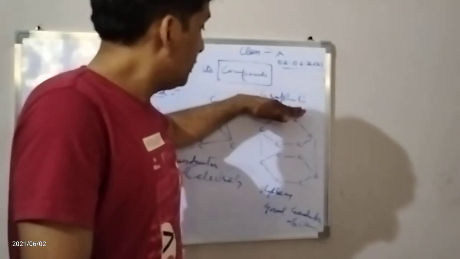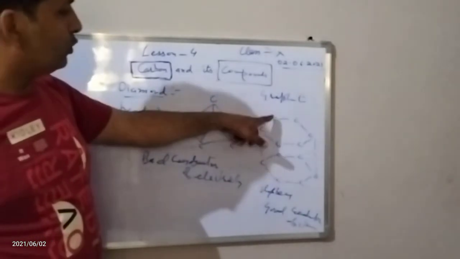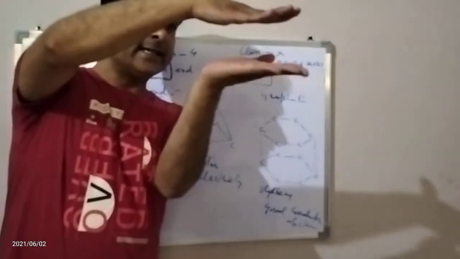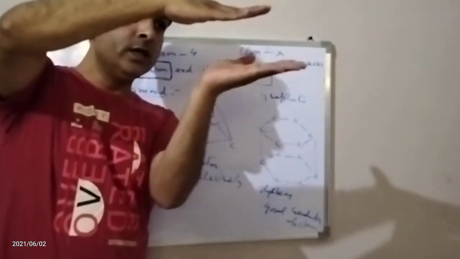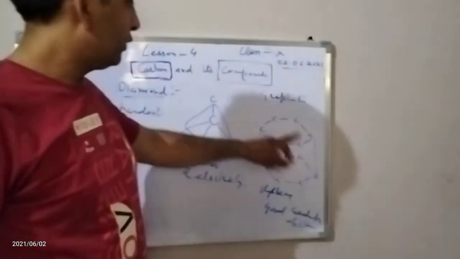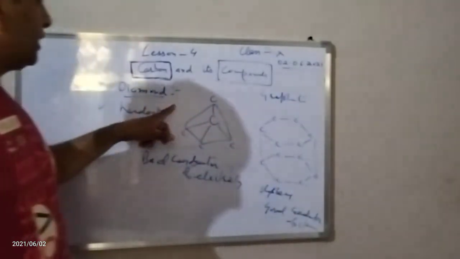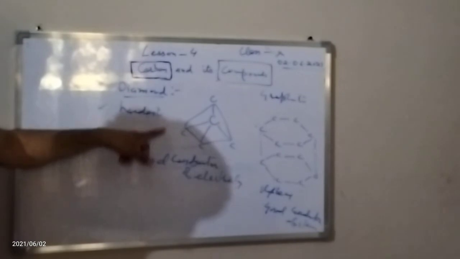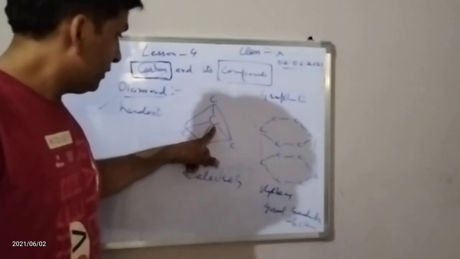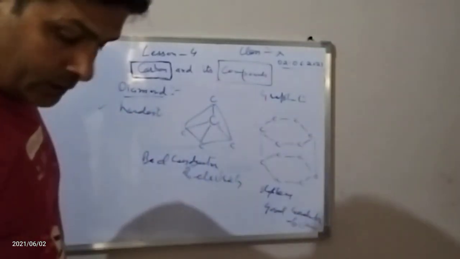Why is it used as a lubricant? Because in graphite, one carbon atom is bonded to three other carbon atoms forming hexagonal rings. These rings have weak van der Waals forces between them, so they can easily slide over each other, which makes it slippery. Therefore, it is used as a lubricant. The other property is electrical conductivity. In diamond no free electron is present, therefore it is a bad conductor. In graphite a free electron is present, that's why it is a good conductor of electricity.